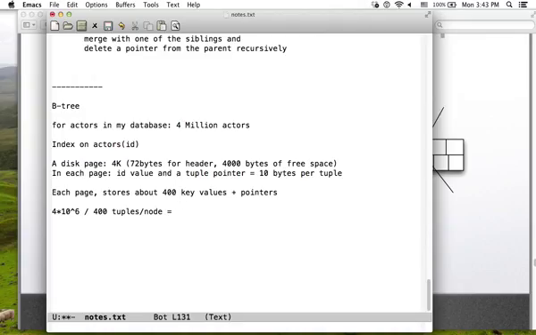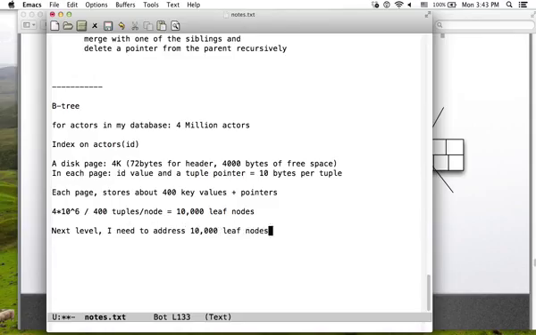So tuples per node. That would mean how many leaf nodes? So 4 times 10 to the 4, right? 10 to the 4 leaf nodes. Now you have to correct me if I make a mistake here. So which is about 10,000. So that means I will have 10,000 leaf nodes that point to the tuples in my database. So now on the upper levels, I need to index these leaf nodes. So in the level above, I need to address